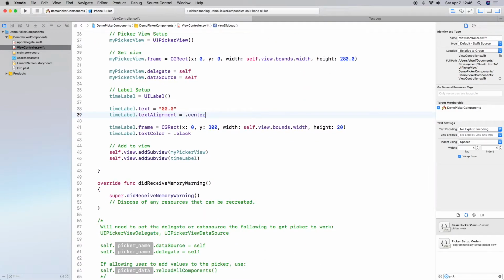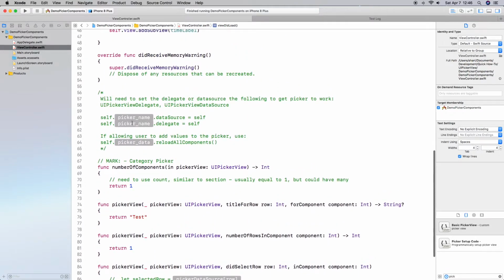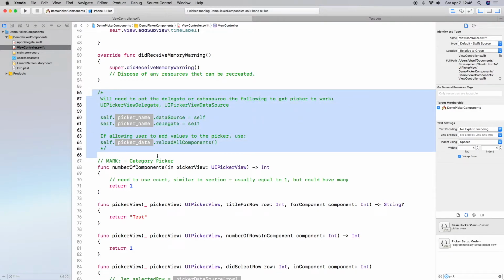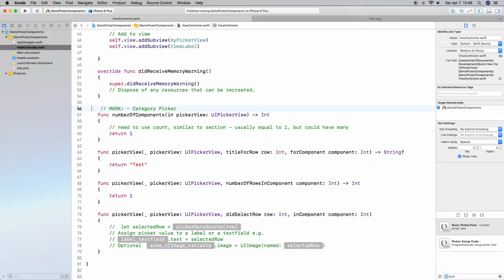All right, so the next thing we need to do is basically the setup for the components. So we have added everything here, so let's go ahead and remove that. Basically what we need is the number of components, or the number of columns. I want 2 digits, so the ones and tens, a decimal point, and then a decimal at the end. So I basically want 4 columns. And then for the number of rows in the column,